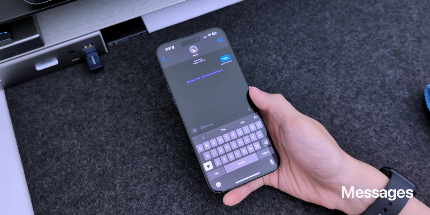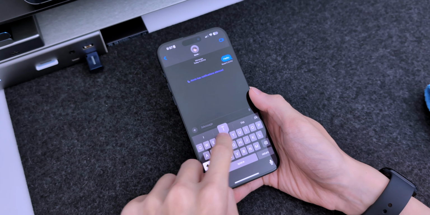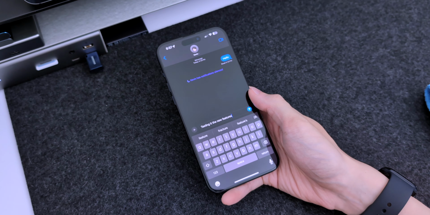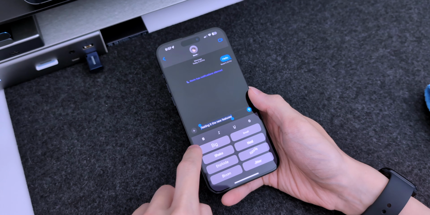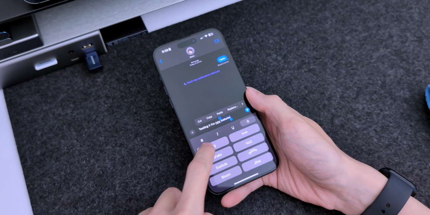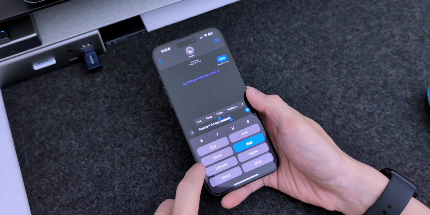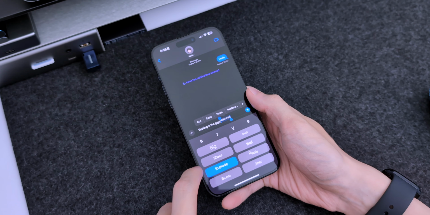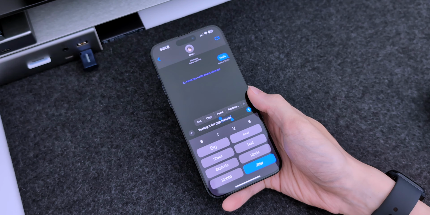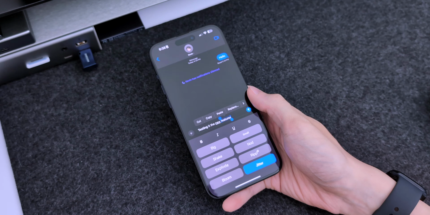Messages got some nice updates, as well as one feature I wanted for a long time. Instead of sending plain old text, you can now add different formatting like bold, italics, underline, and strike through. Just select the word you want, then tap the new icon on the keyboard. Each of these can be added to a specific word or the whole message. There are also animated effects that you can add like big nod, explode, or jitter. I noticed you can only pick either formatting or an animated effect, not both. So if you see someone typing for a long time, they're probably adding some text effects.